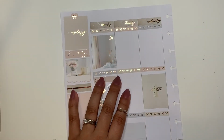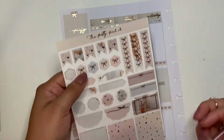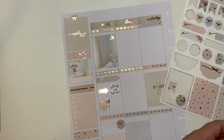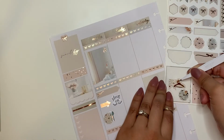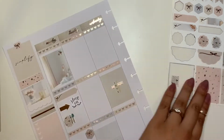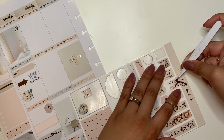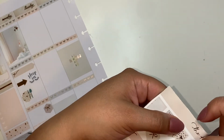And then I am putting this half scalloped with a very cute bow on the top to indicate that my sister-in-law had her baby that day. So I just thought it was really cute because it's blue and the baby was a boy, so that went really, really cute. And then moving on to Tuesday, I am putting down this flag with the hanger that is